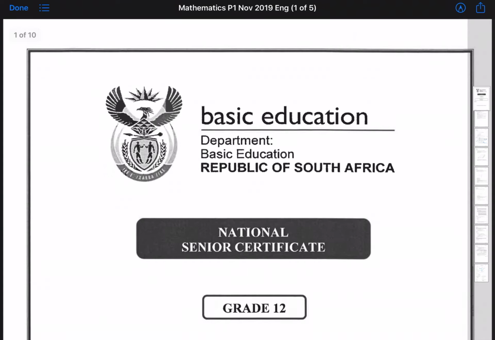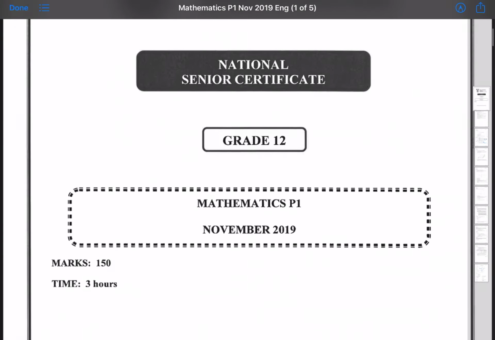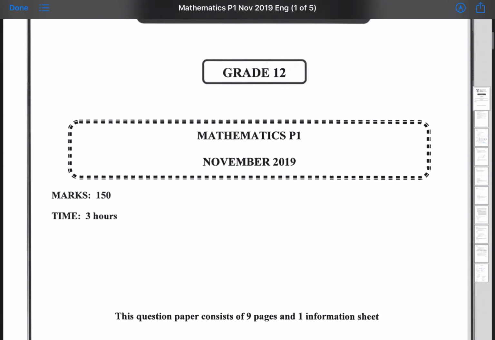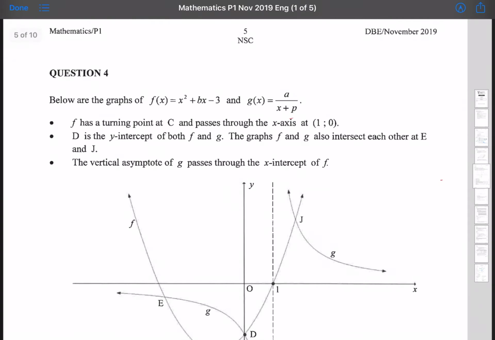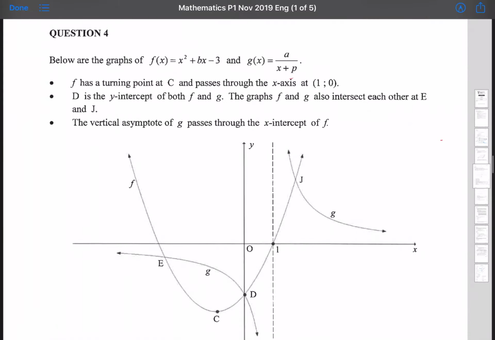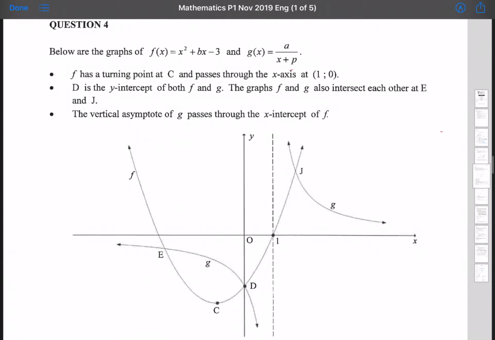Hi, we're doing grade 12 mathematics paper 1, November 2019 revision. And for this video, we'll be doing revision on question 4. Below are graphs of a quadratic graph and